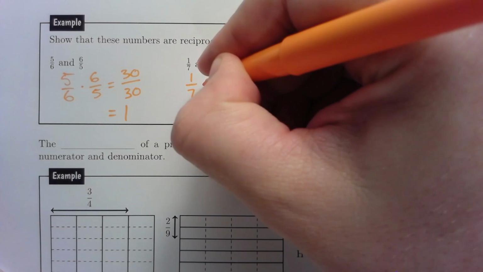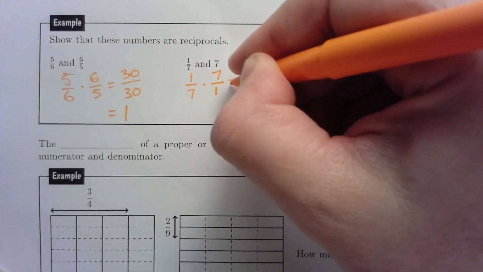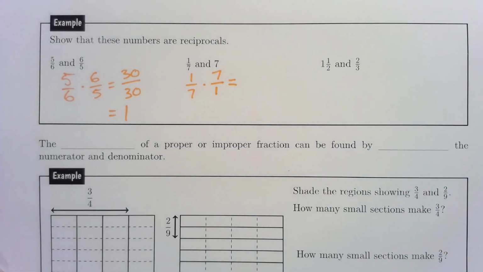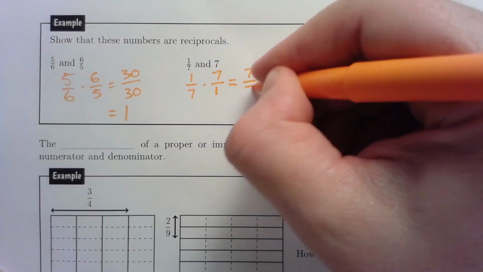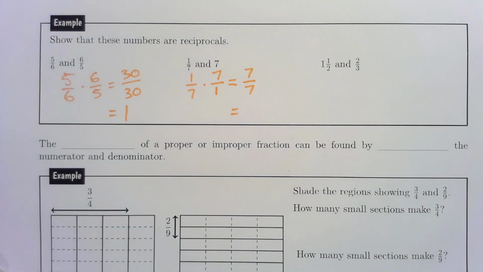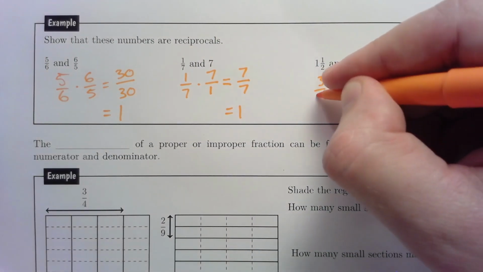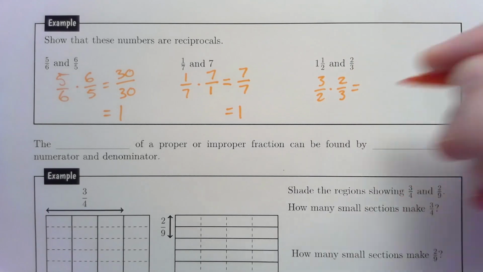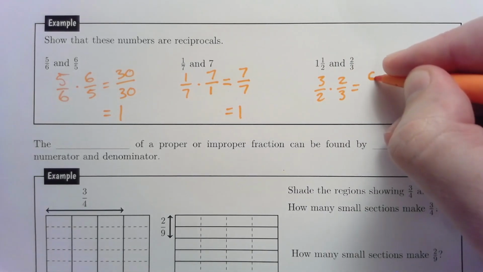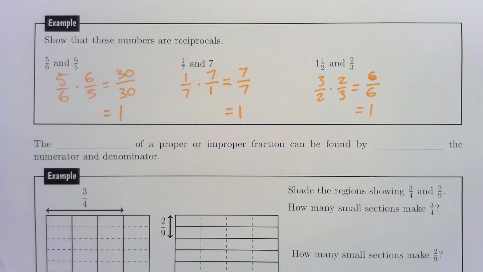If we have 1/7 and 7, we can write this as 1/7 times 7 wholes, which equals 7/7, which is equal to 1. If we have 1½ and 2/3, we can write this as 3/2 times 2/3, which is 6/6, which is also 1. So notice in each of these examples, when we multiplied them, we ended up with 1, which means the numbers